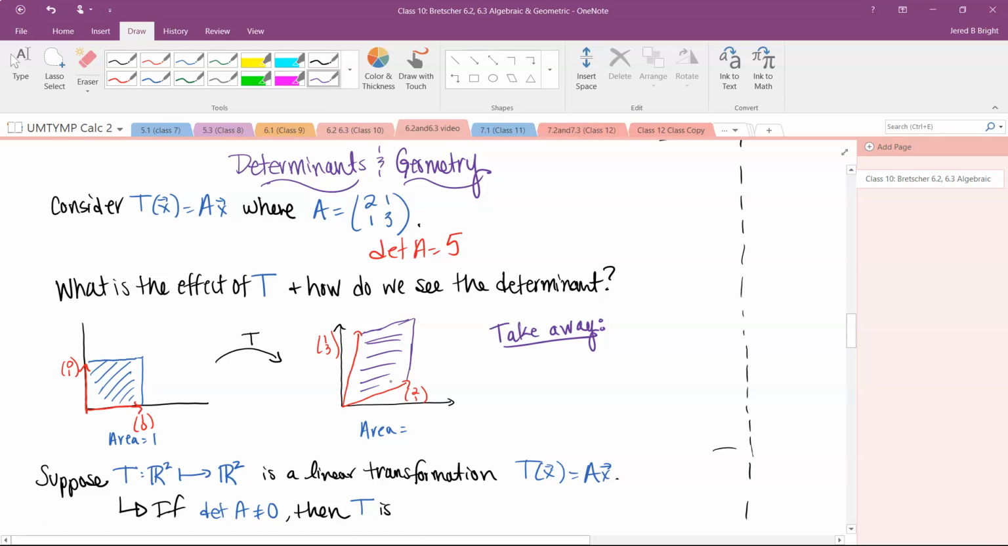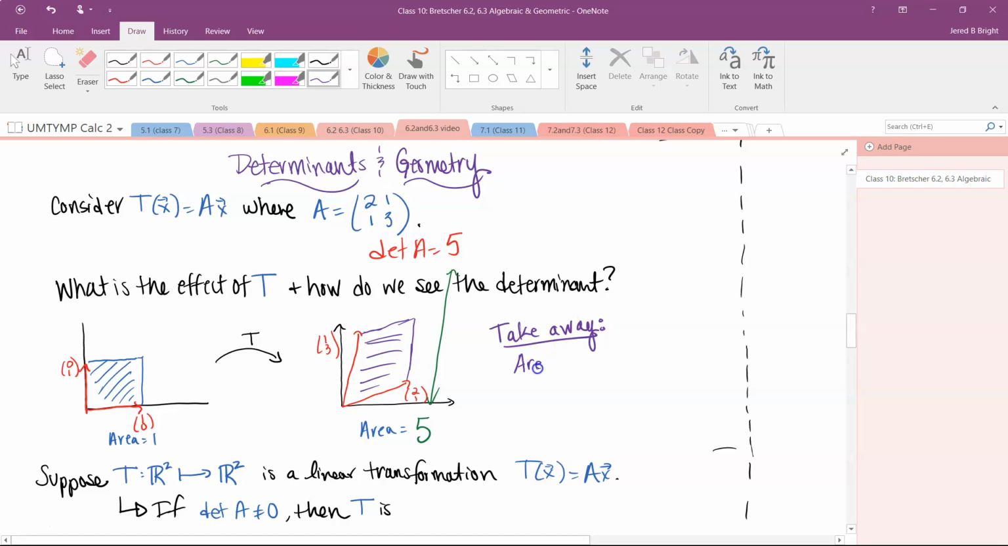If we look at this, the area before is 1, and then after, we could find the area of the parallelogram, and the area is going to be 5. That happens to be the same as the determinant, right? That's curious. We could find the area using different formulas, but the big takeaway here is that